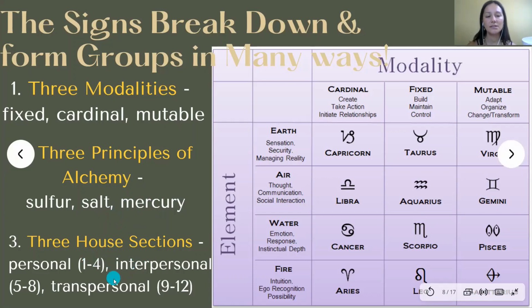The 3 house sections I'll probably go into in the mini course, and it's just about the houses and how each segment of the houses relates more with, like, whether you're more of a community extrovert or more of an internal introvert. It kind of shows that. So this is what I'm showing you, is that there's different ways to look at the chart and break things up based on a lot of 3s and 4s. So again, it relates strongly to alchemy and the foundations of life.